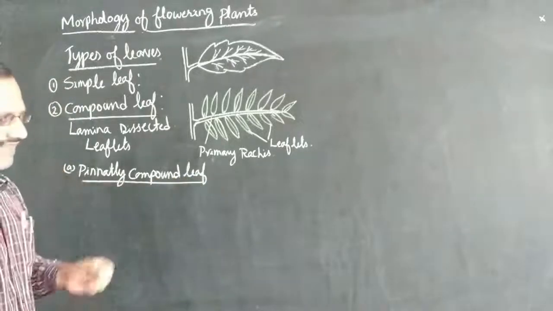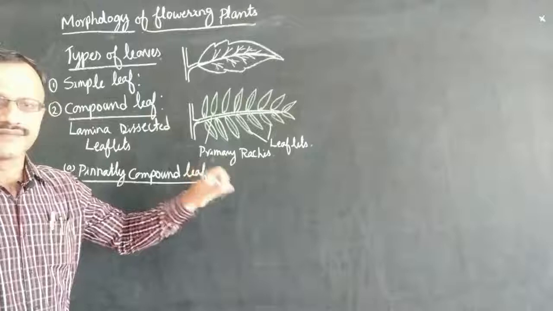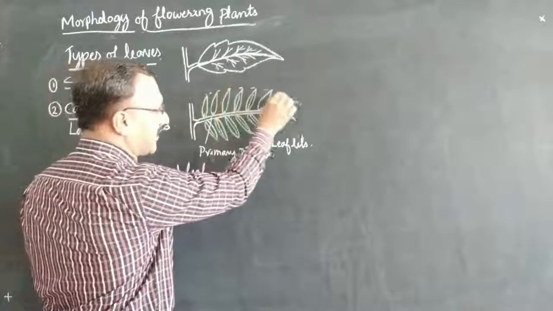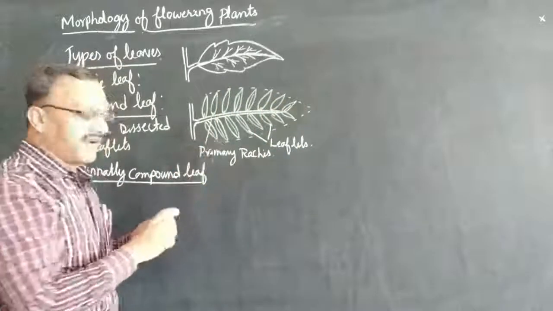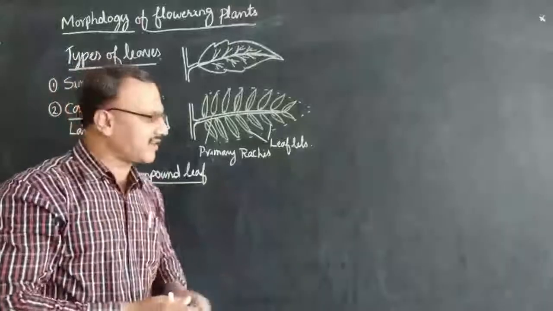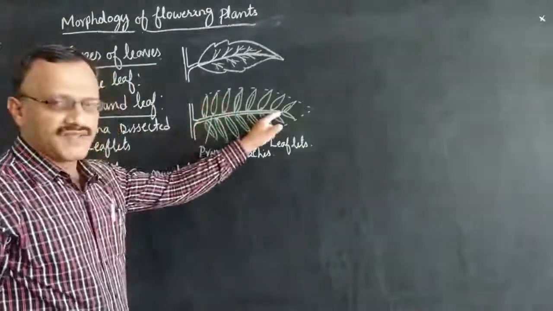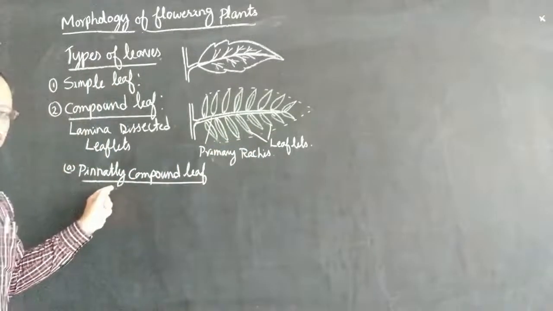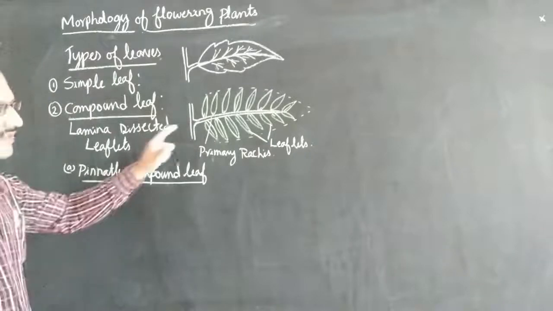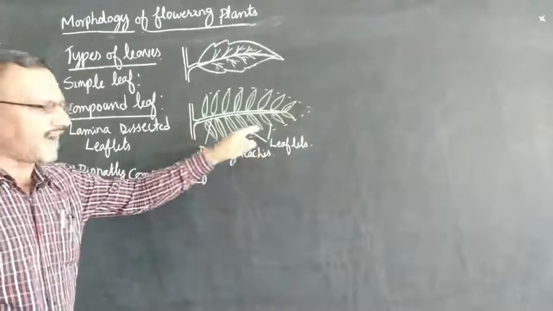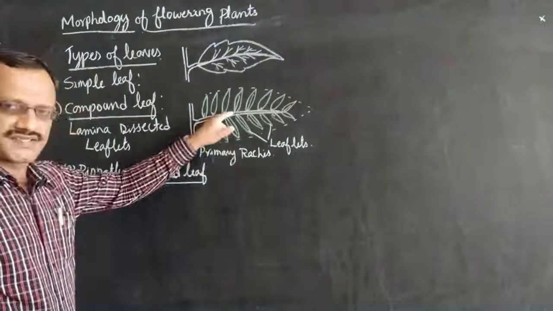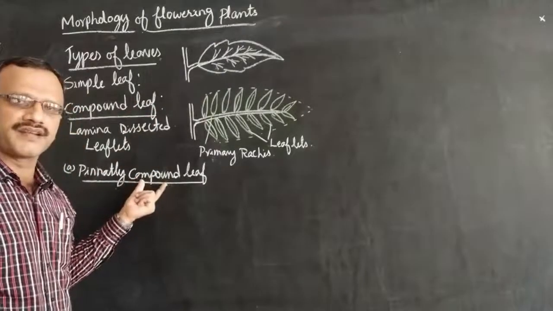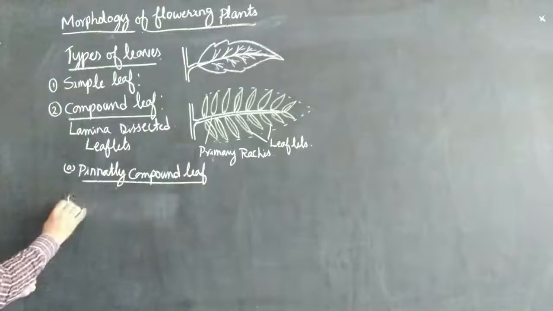Pinnately compound leaf, in which the leaf lamina, the pinna of the leaf, what you have seen here, the entire lamina, actually if you observe, this is the lamina. The lamina of the leaf will be totally dissected to form a number of leaflets. So such type of compound leaf is called pinnately compound leaf, where the lamina is dissected into smaller units called leaflets attaching to the primary rachis. What I have described earlier for compound leaf is the similar character you can see in simple pinnately compound leaf. Now coming to the second one,